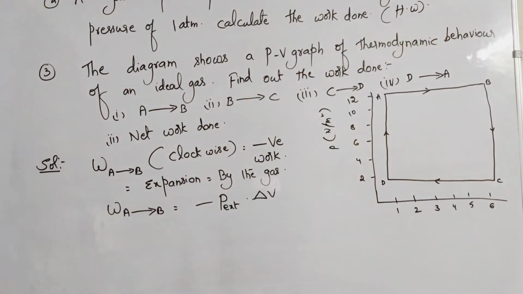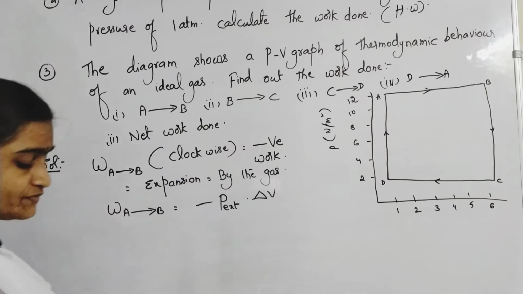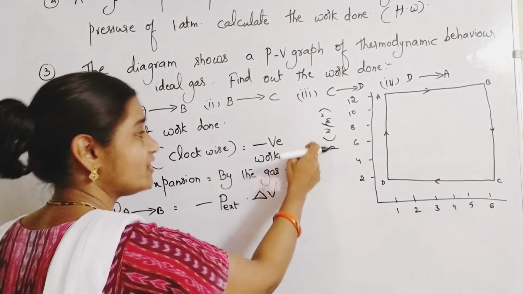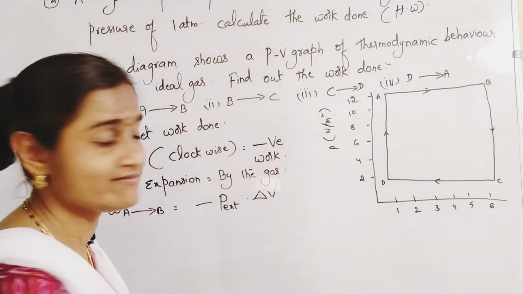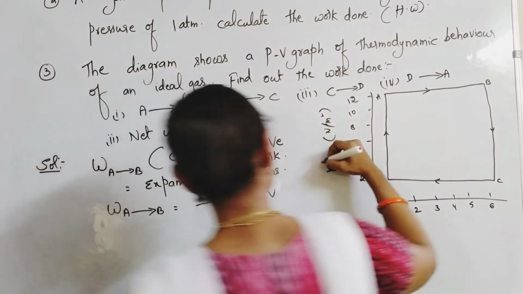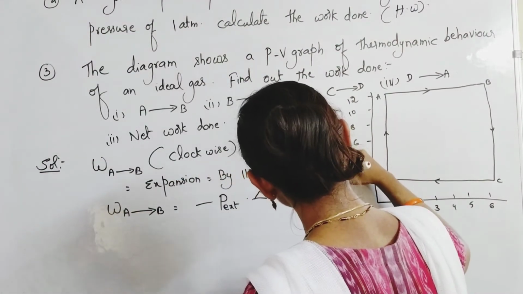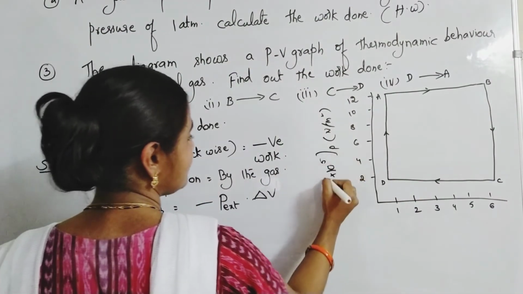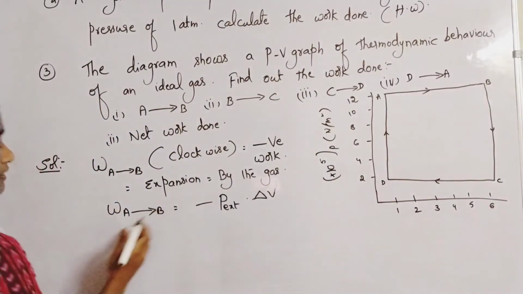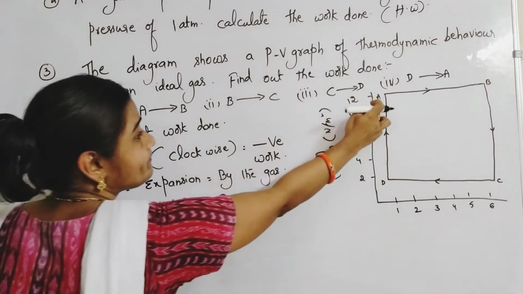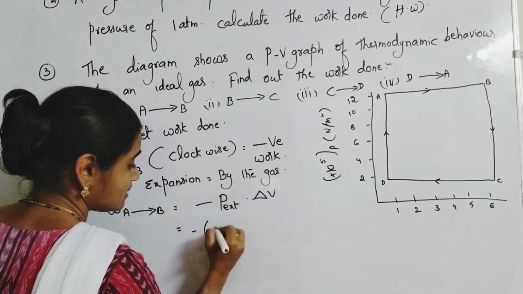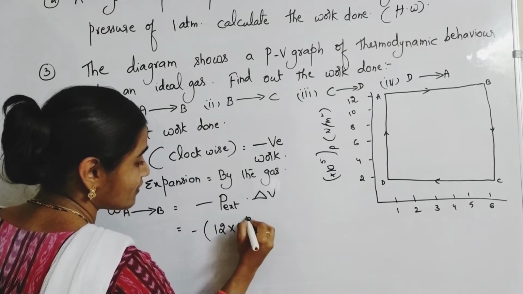Okay, so you have to convert, means you need to multiply it with 10 to the power of 5 Newton per meter square. It's given like that. Okay, it's given in the graph itself, 10 to the power of 5, in the diagram itself. So P external is what? It is showing near 12. So minus 12 into 10 to the power of 5.